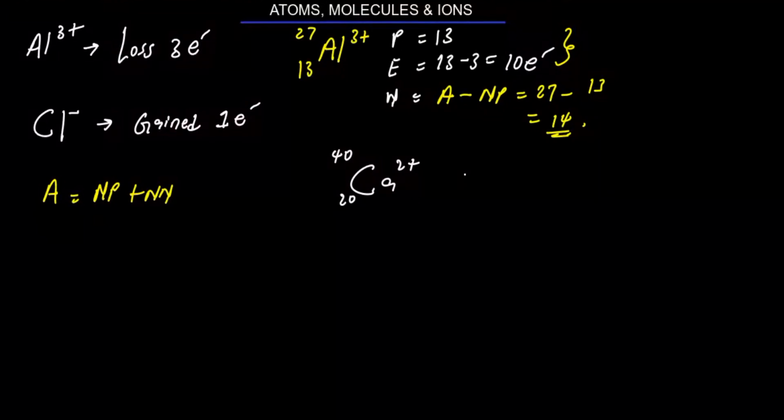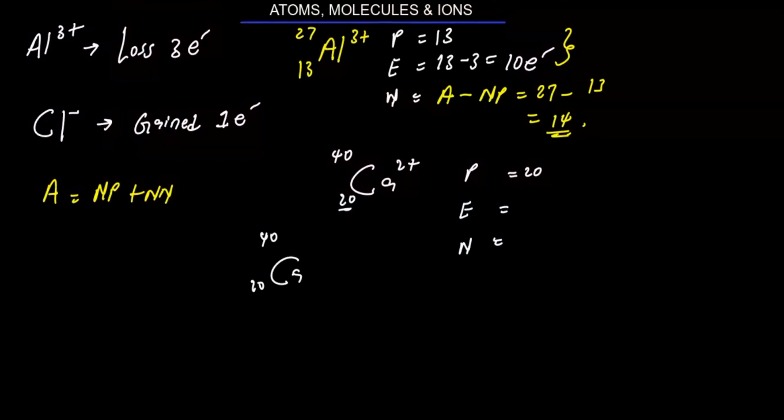Here you have to find the number of protons, the number of electrons, and the number of neutrons. Remember, proton does not change. You still have it as 20. Remember that if this was a neutral atom like Ca-40, you would still have your electrons equal to 20, just as the protons. But here, 2+ shows that it has lost 2 electrons, so you have 20 minus 2, and you have